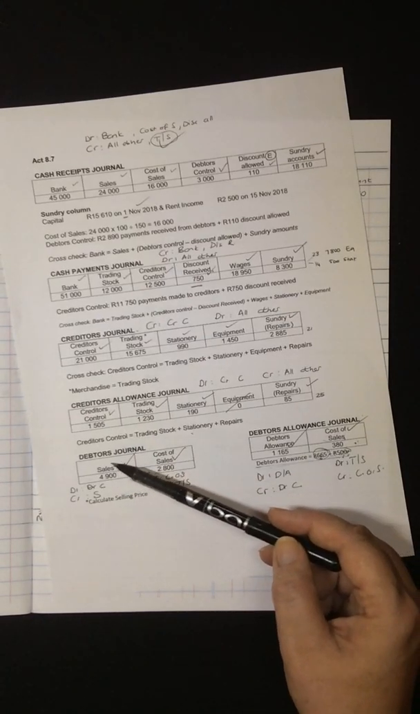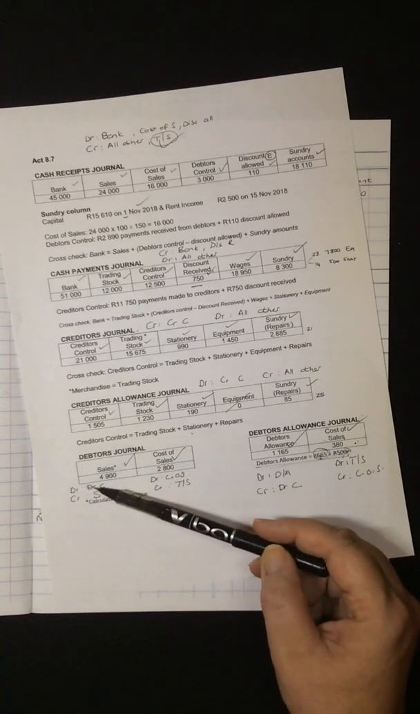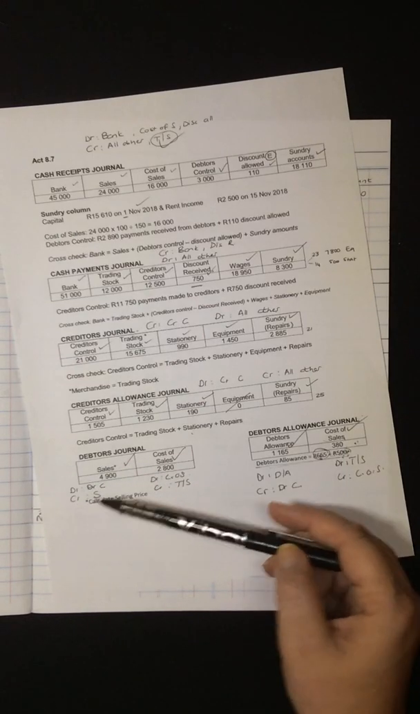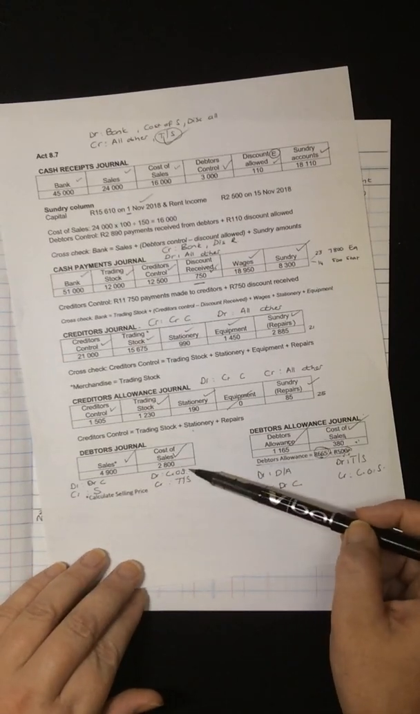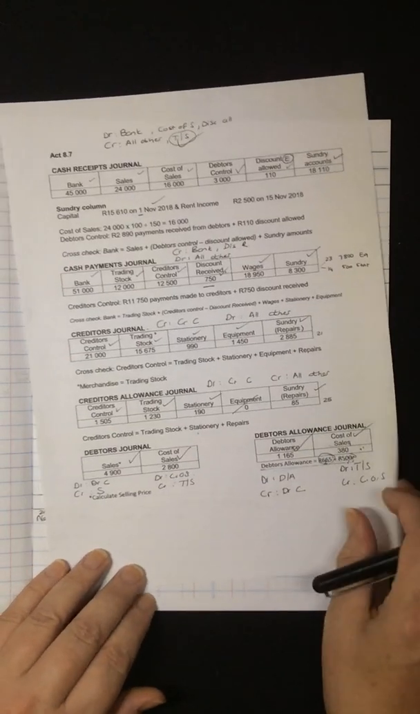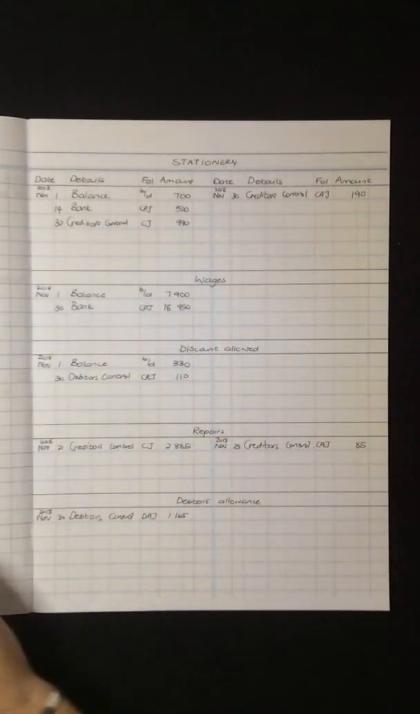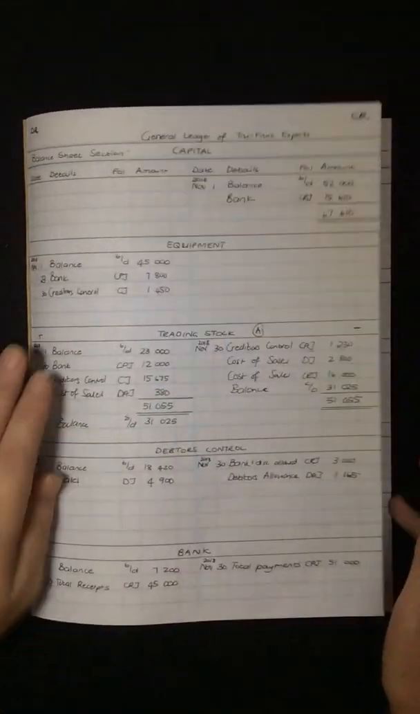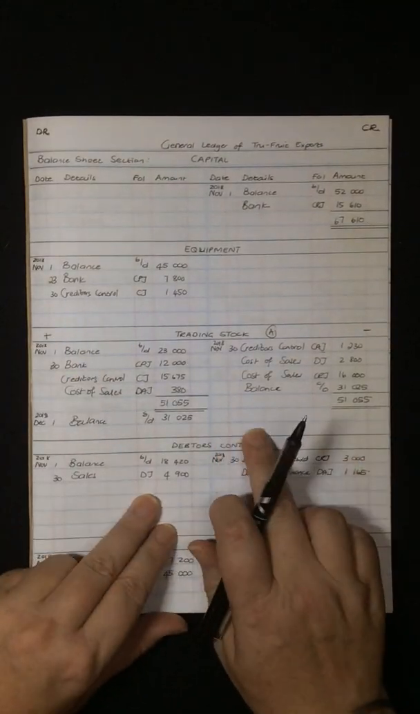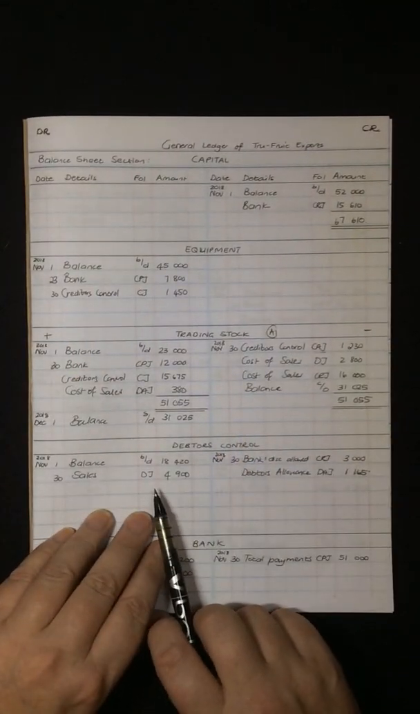Now the rule for posting the sales column is debit debtors control and credit sales. And for the cost of sales column, it is debit cost of sales and credit trading stock. So I will then take, with that in mind, I will go back and I will go to my debtors control account. Debtors control account. The rule says